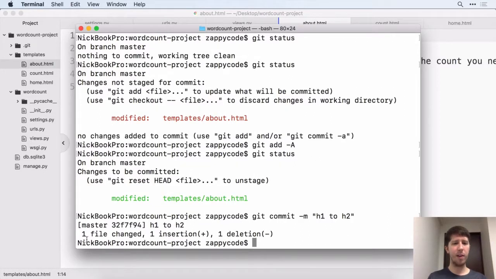And look at that. We've had one file changed. We added a line, but we also removed one. That's essentially, we changed one line in the end. But that's another commit now in our Git project. So anytime you make changes, you can add those into a new commit and make those save points in your code. So to really visualize this, because doing this in the terminal is kind of hard to see,